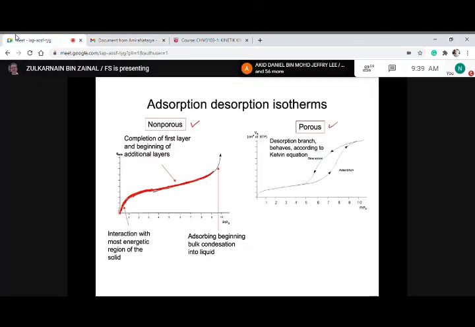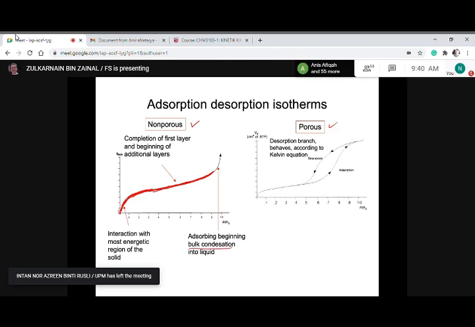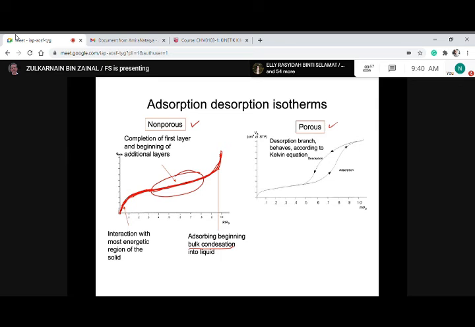If you go further on the adsorption process, then bulk condensation starts occurring, meaning that the pores will start to be filled in with the molecules and will be accumulated. The pores will be accumulated with the gas molecules at this stage, right? So this is the area that you want to read the value of Vm